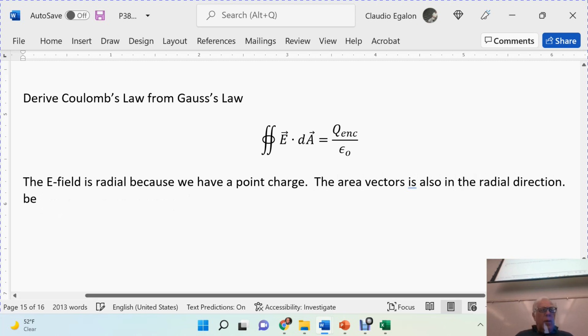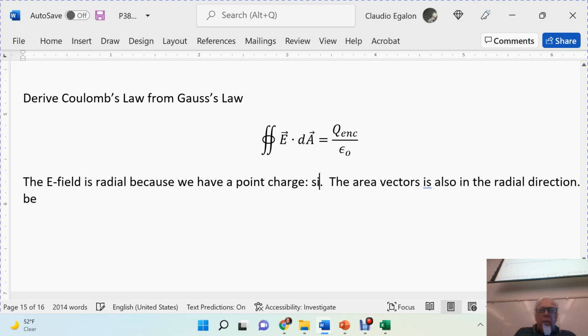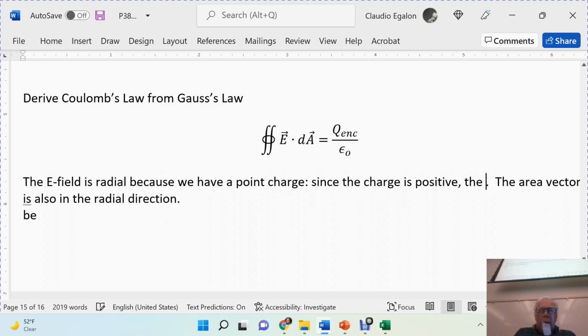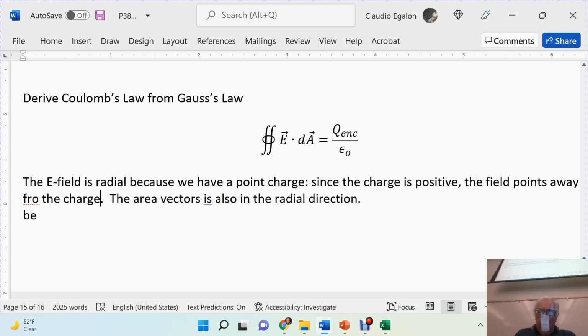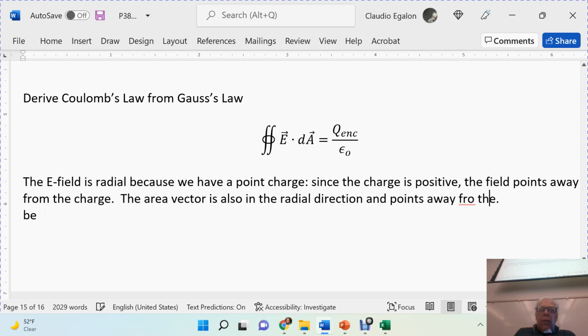The field is radial and away because we have a point charge. Since the charge is positive, the field points away from the charge. The area vector is also in the radial direction and points away from the charge